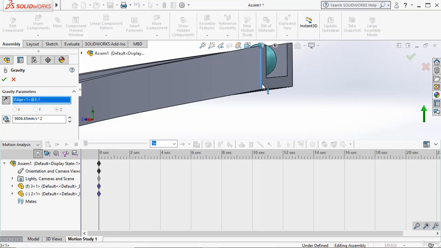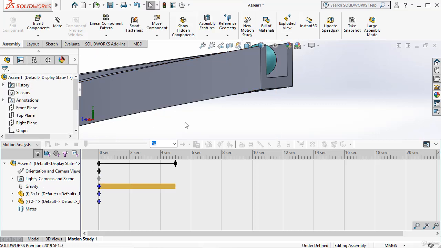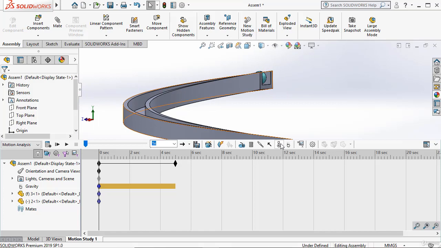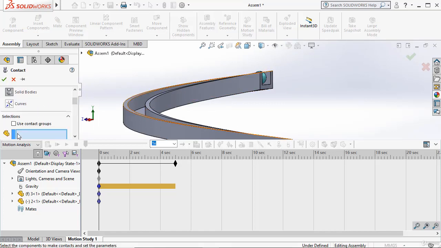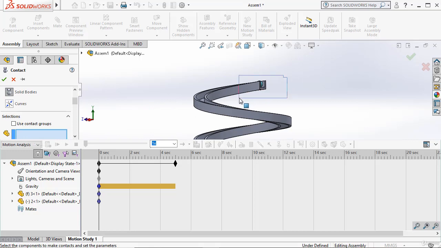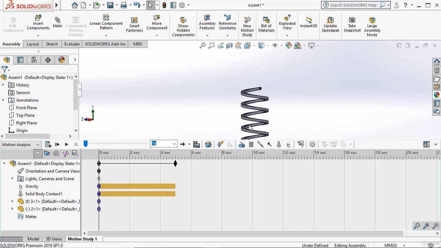So I'm checking this as the gravity, and you can see the gravity is showing upwards, so I have to make it go downwards. Clicking OK, and then let's select the contacts, solid bodies, and choose both of them. Clicking OK, and